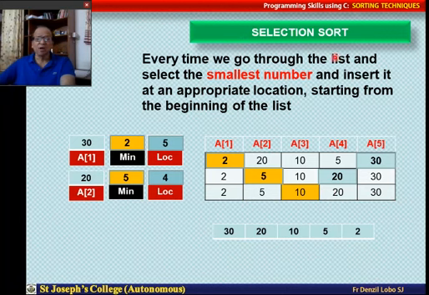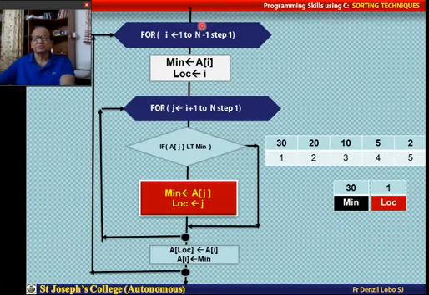So this is called selection sort. Again, selecting the least number, the smallest number in the array, and making it the first or the second or the third number depending on the moves. In the first loop, I get the first lowest number. In the second loop, I get the second lowest number. So I go on doing that till n minus 1. So this is the flow chart for that. For i equal to 1 to n minus 1.